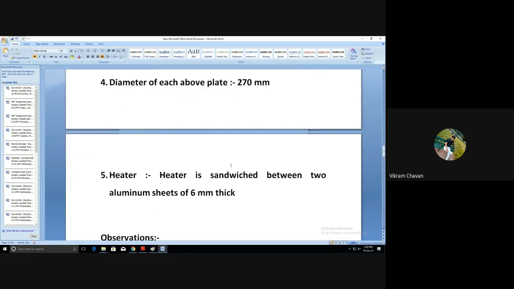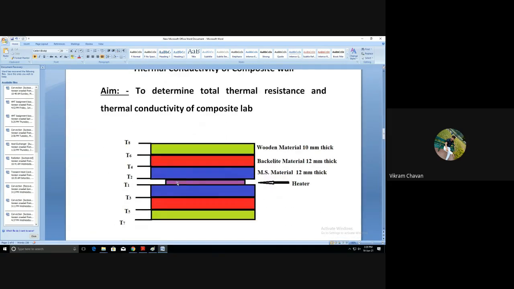Now consider this diagram. The heater is placed centrally, and we have provided the heat input to this heater. That heat input will be considered as Q. How much amount of heat is transferred in the upward direction? That will be equal to Q by 2. The total heat generated by the heater is Q, and out of that, half will be considered as transferred in the upward direction, and half in the downward direction.